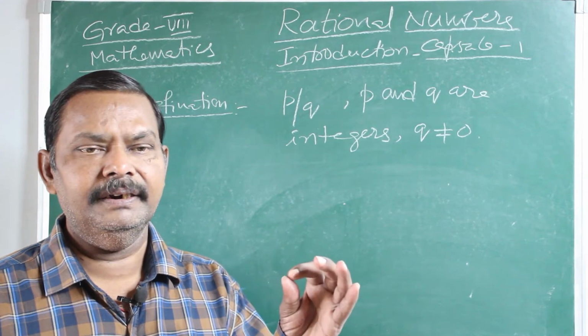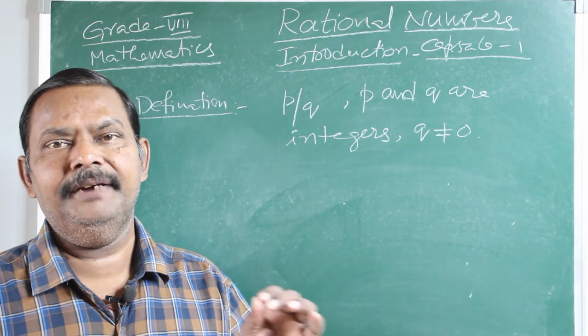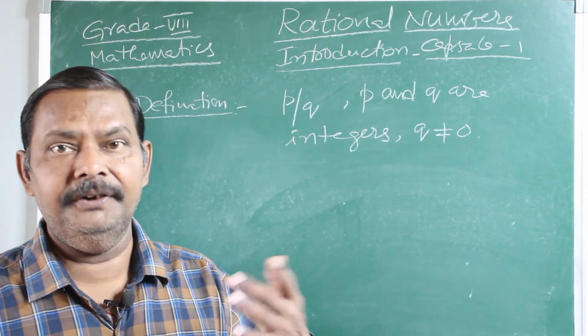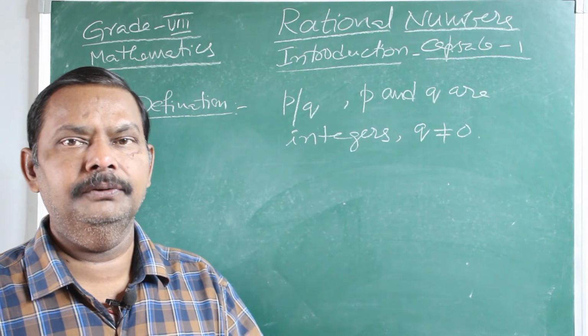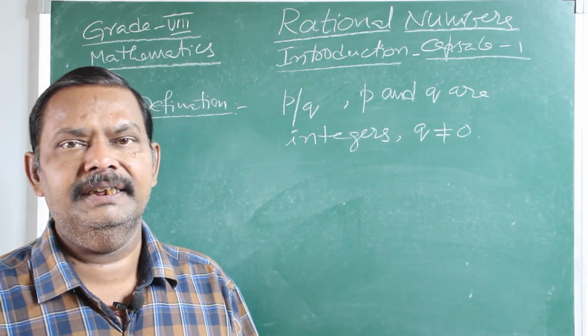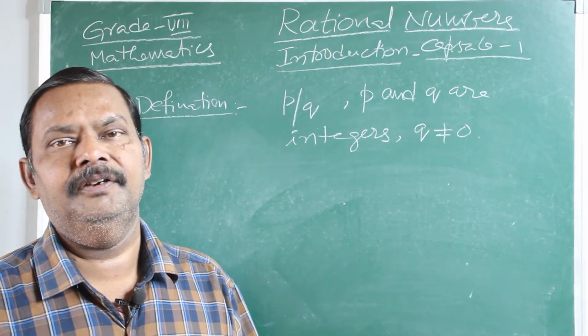So a rational number is a number that can be expressed in the form of P by Q, where P and Q are integers and Q is not equal to 0. For example,